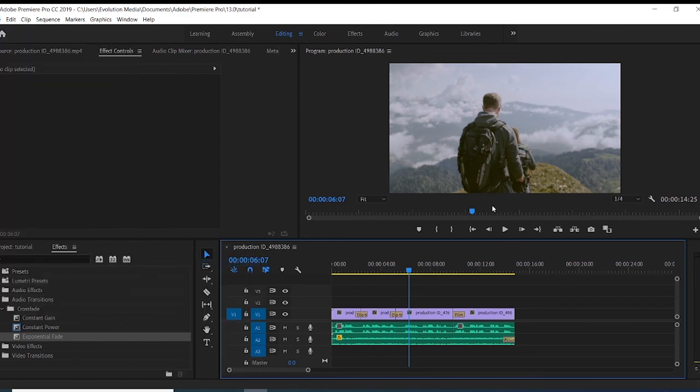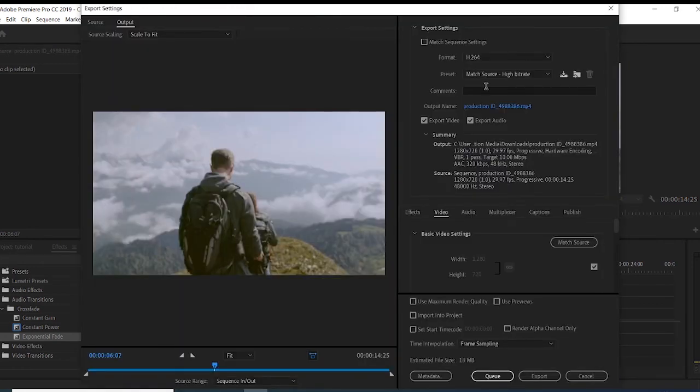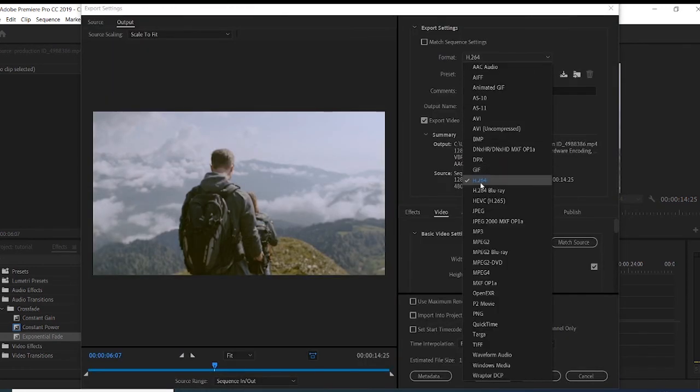And then how do you export it? You have some settings that you have to choose. I chose H264 before, that's why we have it here. But on your own, if it's the first time you're exporting, you won't have H264. It's automatically on something else. But H264 is the one you should choose if you want your video to be viewed on all devices.